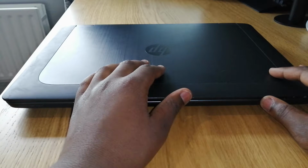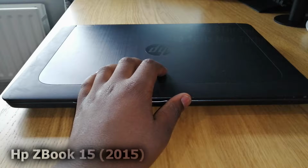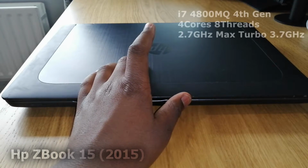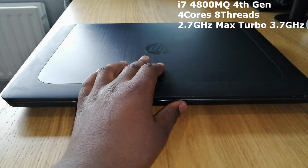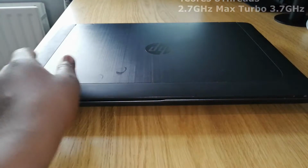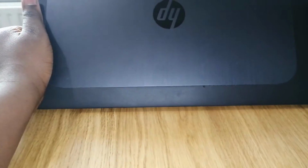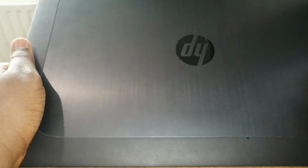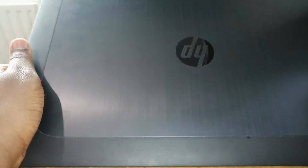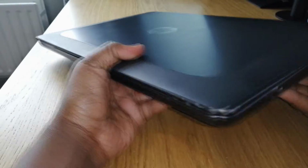Alright, so what I've got here is an HP ZBook 15-inch from 2015. It's got a Core i7 4800MQ, I'm pretty sure. It's got 16 gigs of DDR3 RAM, a 240 gig Samsung SSD, as well as Windows 10 Pro on it. For 2015, the looks are pretty great. There's brushed metal here. There's the old HP logo, which I find better than the new one. There's the plastic skirts over here to stop it from drops, as well as on the sides there